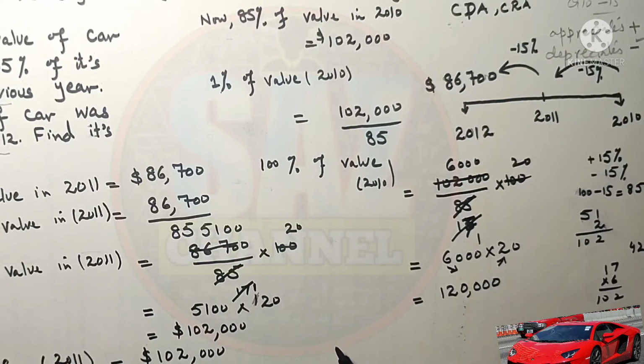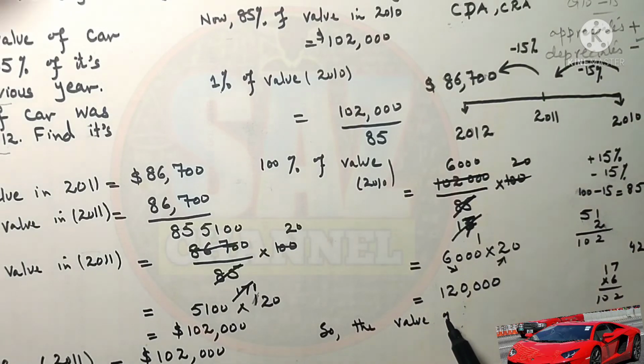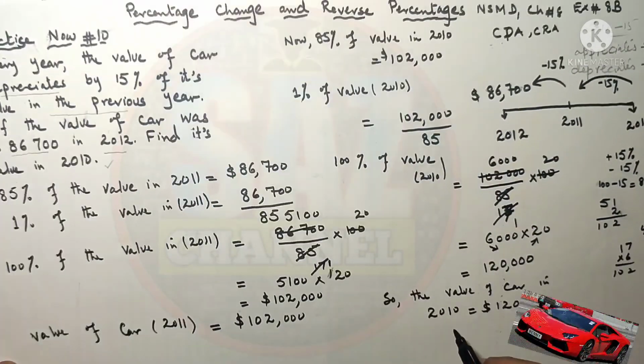So the value of the car in 2010 is equal to $120,000. So students, I hope you are really clear now how we are using the concept of reverse percentages,